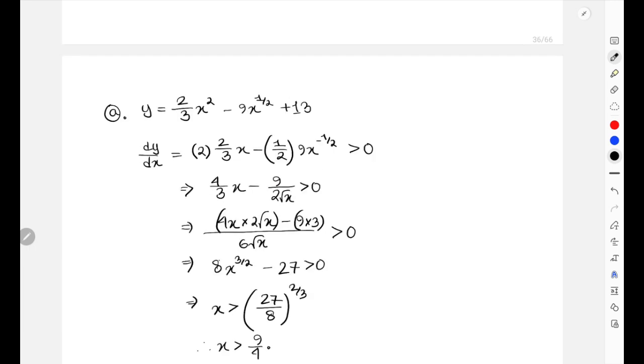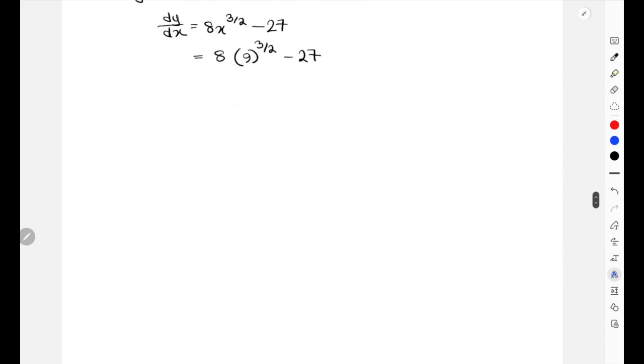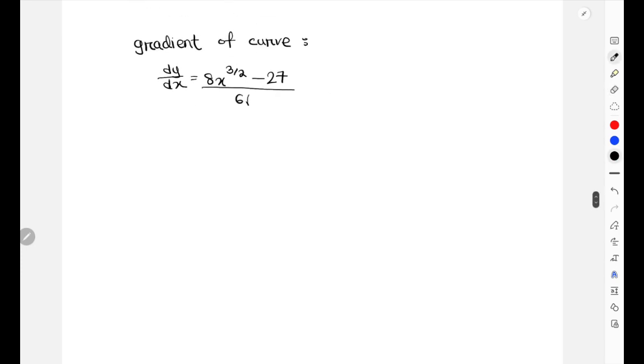Sorry, I actually made a mistake. That means we are supposed to use this one. We cannot use the other one because it was still in divided format with 6 root x, right? So we just have to add 6 root x over here in this equation. So I'll just keep using this one, okay? Root x. Now instead of writing x, I will input the value for x into this expression. So now it will be 9 to the 3 by 2 minus 27 over 6 root 9, and this should give you